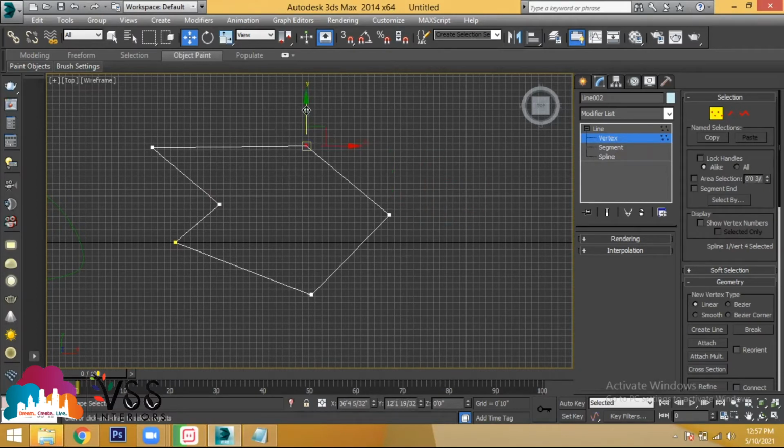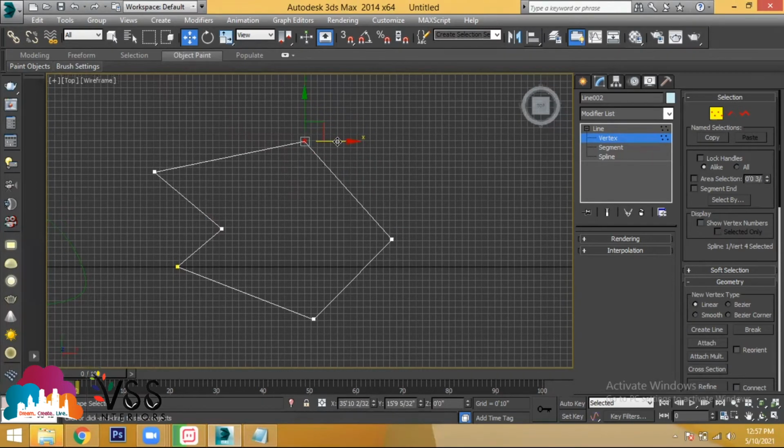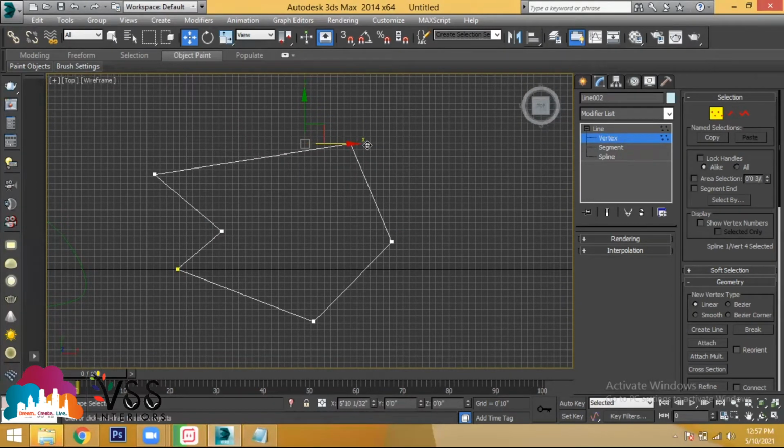Select any other endpoint, move it in Y direction or move it in X direction. How do you move it? You have to select that particular axis, either the X axis or the Y axis, and move it in that direction like this. Clear? Let's say select any other endpoint. How do you move the object? By selecting the axis and dragging it in X direction or Y direction depending upon the requirement.